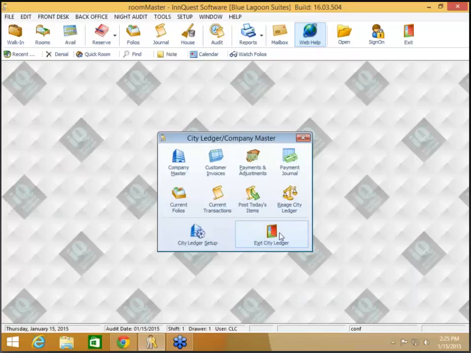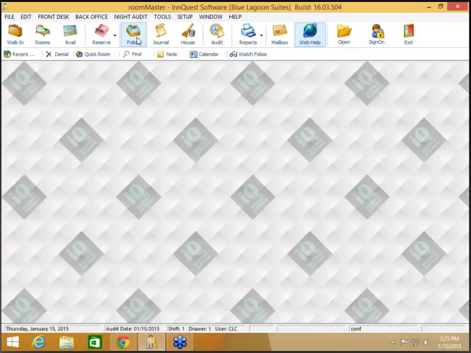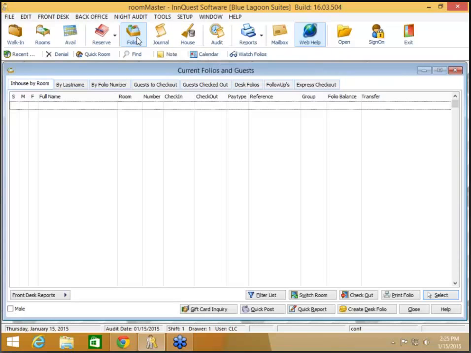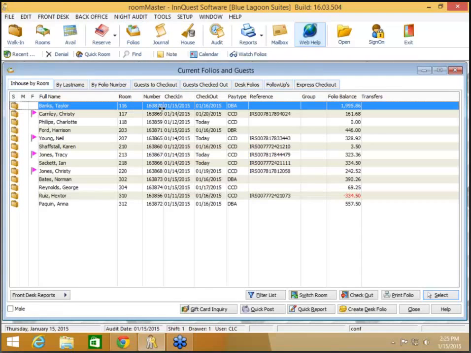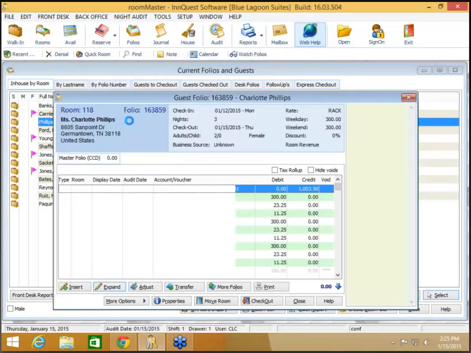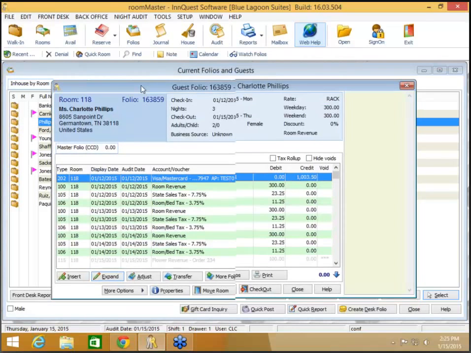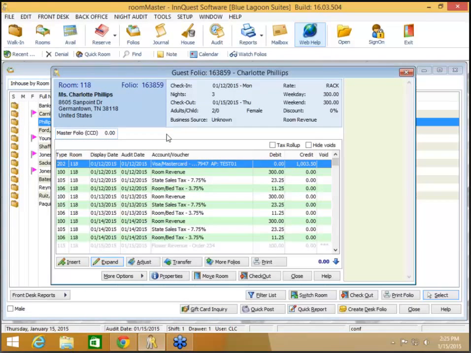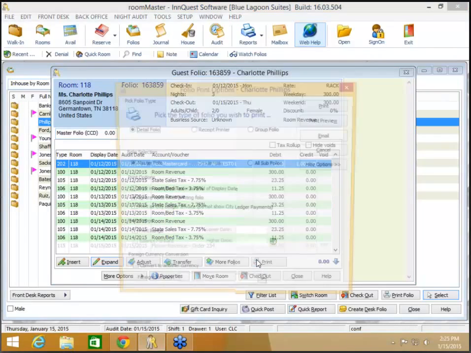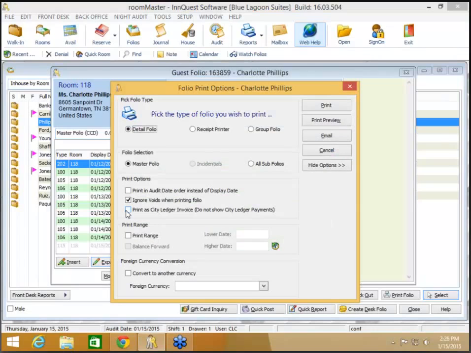And then finally, under City Ledger, not really under City Ledger, but has to do with City Ledger: if you have a company attached to a folio, so it's not a direct bill, but it is a company, and maybe for some reason that company needs a receipt with their company name on it rather than the guest name. So the option is no longer grayed out. If there's a company attached to the folio, you can now select Print as a City Ledger invoice and not